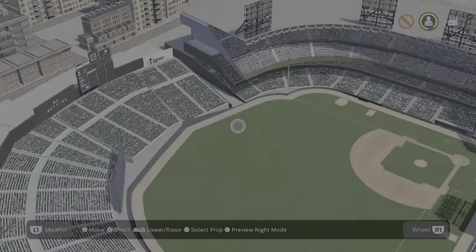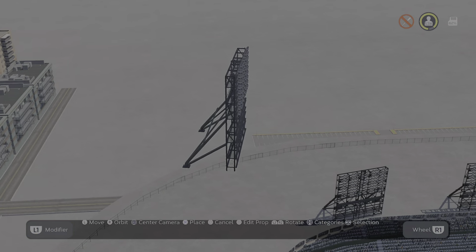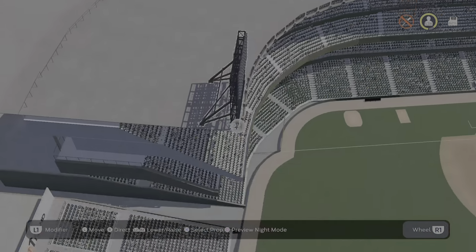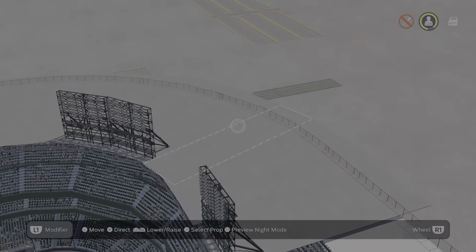I would say that if you are going to go for accuracy, take a look at pictures, obviously. But if you're building your own stadium, you want to make sure that you get those lights high enough so you're not having any of that light blocked by the stadium structure itself. So let's talk a little bit about this roof. Essentially, as I said, I'm using these long pieces, so it's just two concrete pieces, and you can actually,